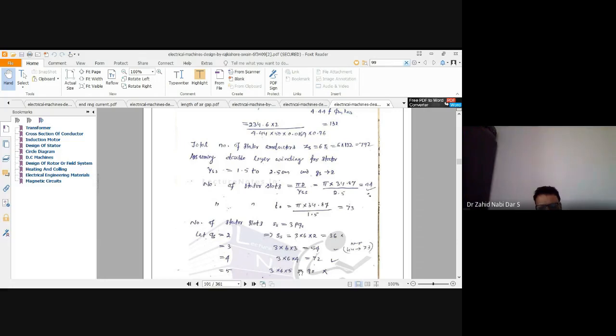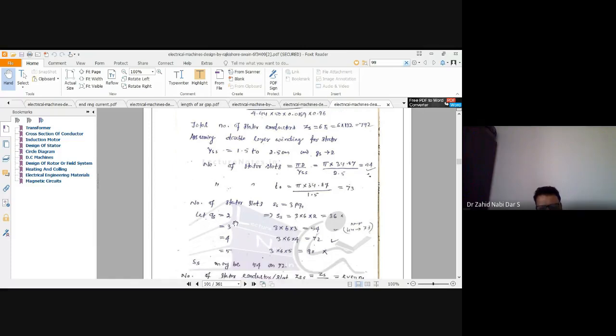Now let's take the next value. This is the value for Q. This 3 will remain as it is, and this 6 will remain as it is. The only value we are changing is the value of Q. So here also you are seeing 3 and 6 are the same, 3 and 6 are the same, 3 and 6 are the same. Only the value of Q is changing.